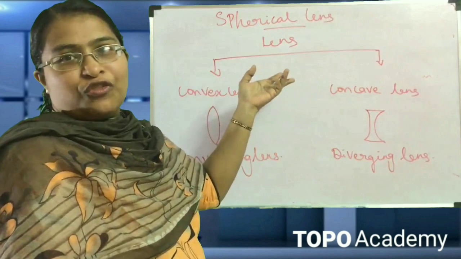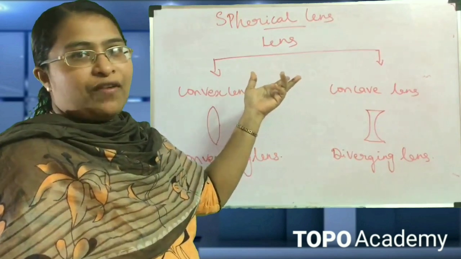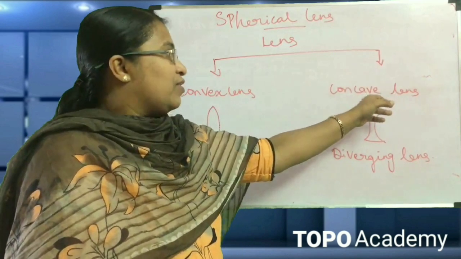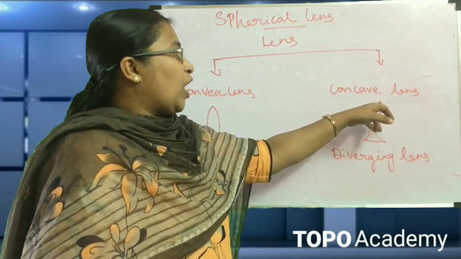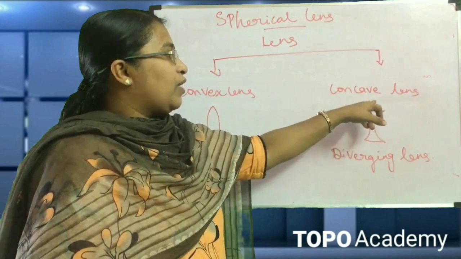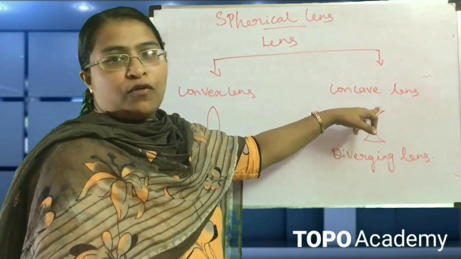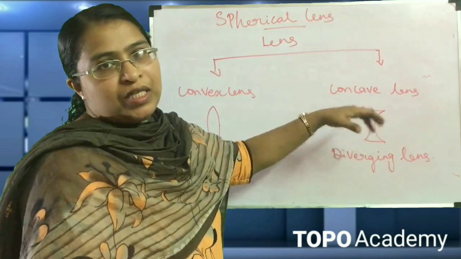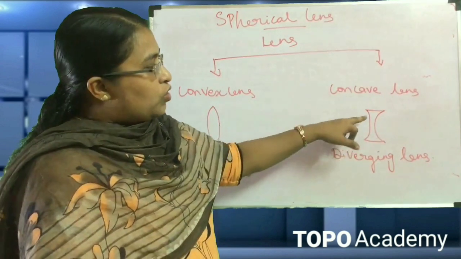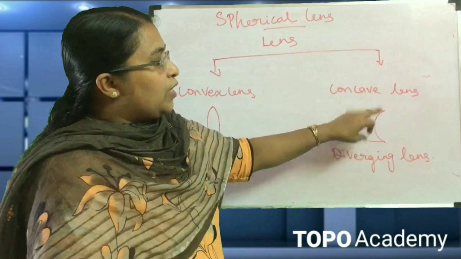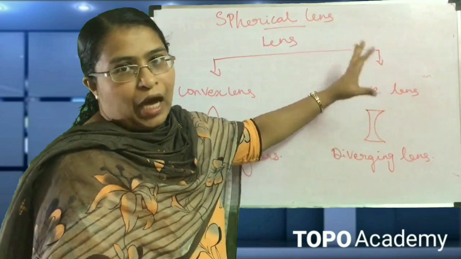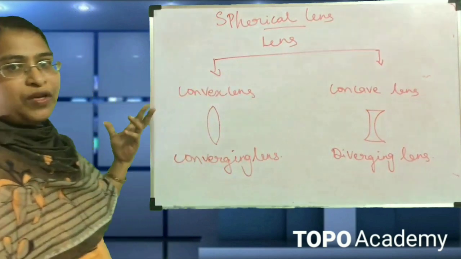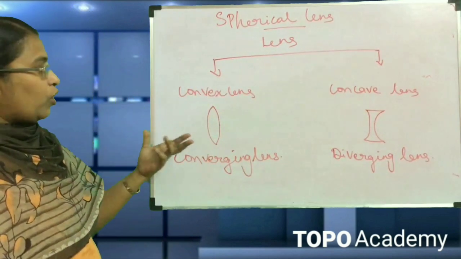It is very easy to differentiate between a convex lens and a concave lens. In concave lens, it is cave. This is a cave. When we are going into a cave, the outer section of the cave is very broad, and as we go to the inner section of the cave, it becomes very narrow. So in case of concave lens, the inner section is very narrow and the outer sections are broad. So that's the way to differentiate between a convex lens and a concave lens.